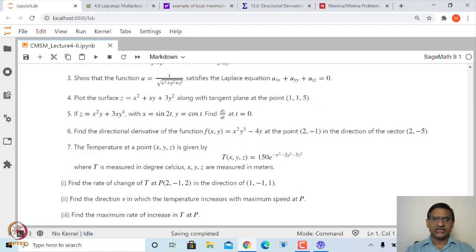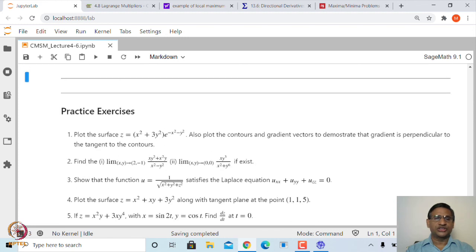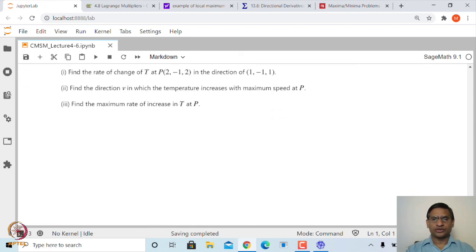So these are the simple exercises. I am sure it will be quite easy for you to solve. Okay. So thank you very much. Next time we will look at application of partial derivatives, finding local maximum and local minimum of functions of 2 variables. Now let me just